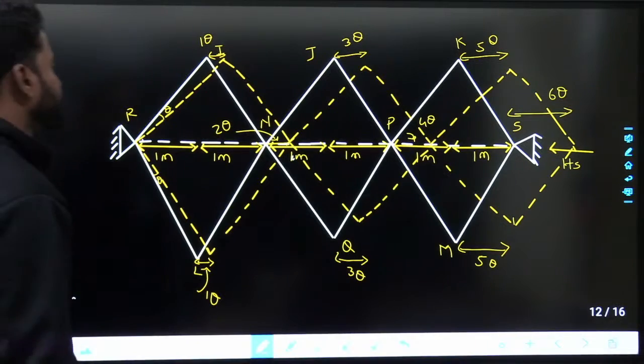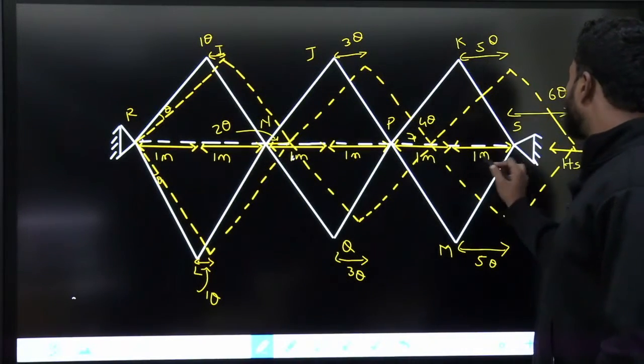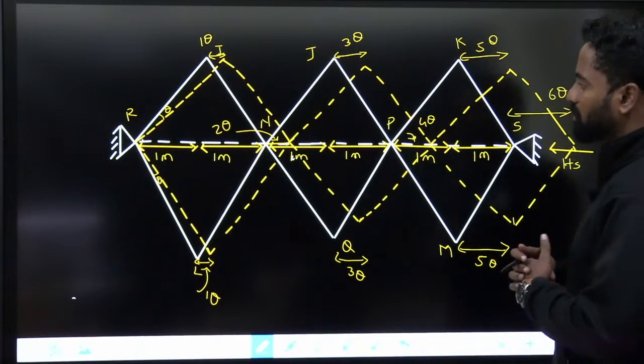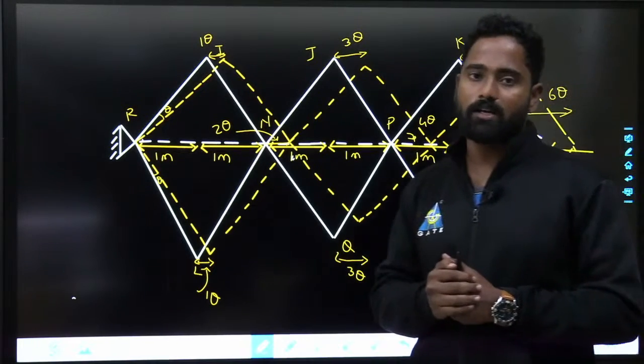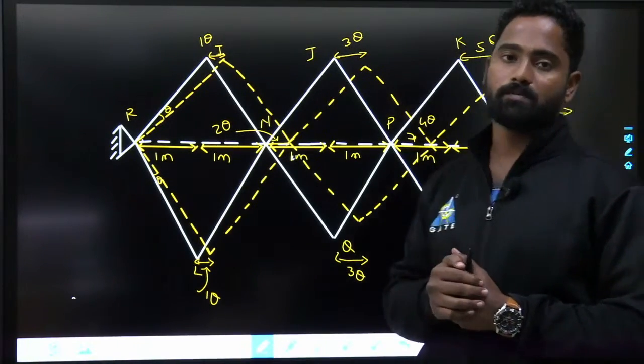Clear? Fine. Since the whole distance is 5 meters, this is 5 theta, whole distance is 6 meters, this movement would be 6 theta, simple, okay. You are just pulling it like this. This is horizontal displacement. Now, if I talk about vertical displacement,